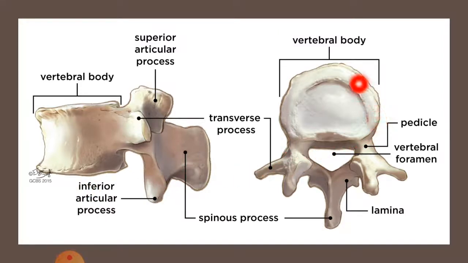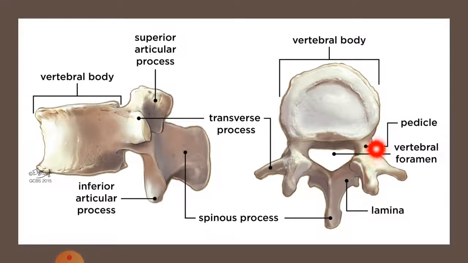So the first part that I am going to discuss is the vertebral body, and you can see that this is the largest and flattened part of the vertebra. This one will get in close contact with the body of the other vertebra lying adjacent to it, but there will be no direct bone-to-bone contact between these two vertebral bodies. You may already know that the intervertebral disc lies between the two vertebral bodies.